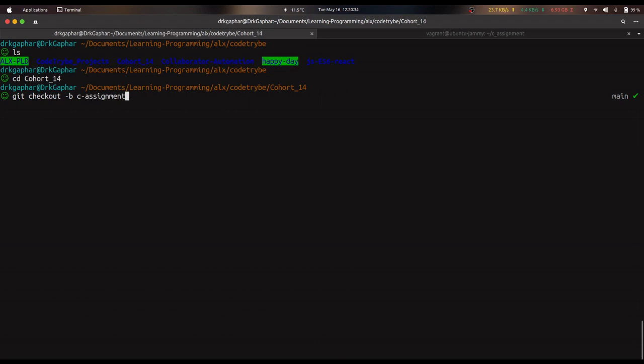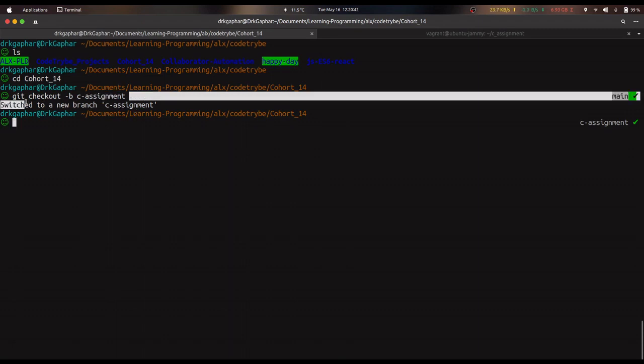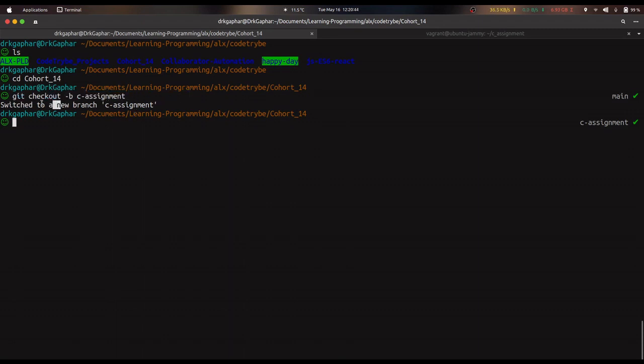Okay, now you can see I've created the branch and switched to it at the same time with just this single command. I don't need to first do git branch with the name of the branch, and then git checkout the branch. All right, now that I've created the branch,